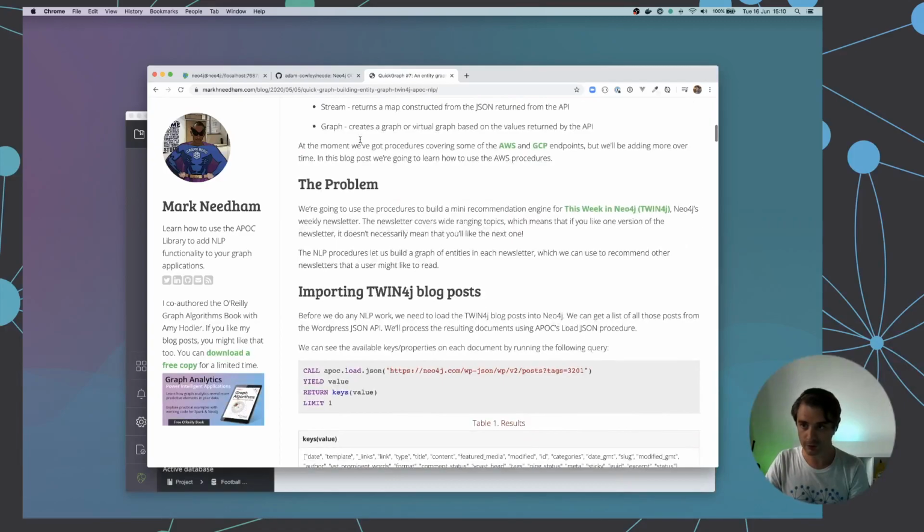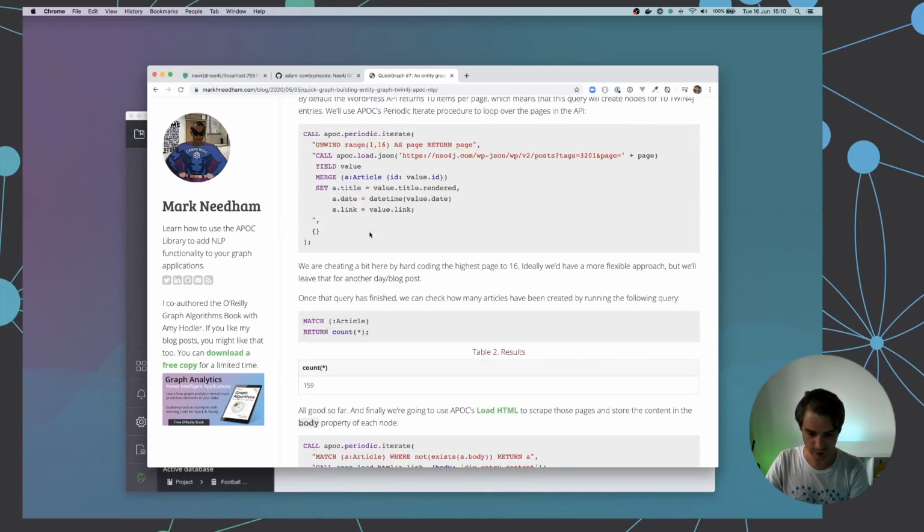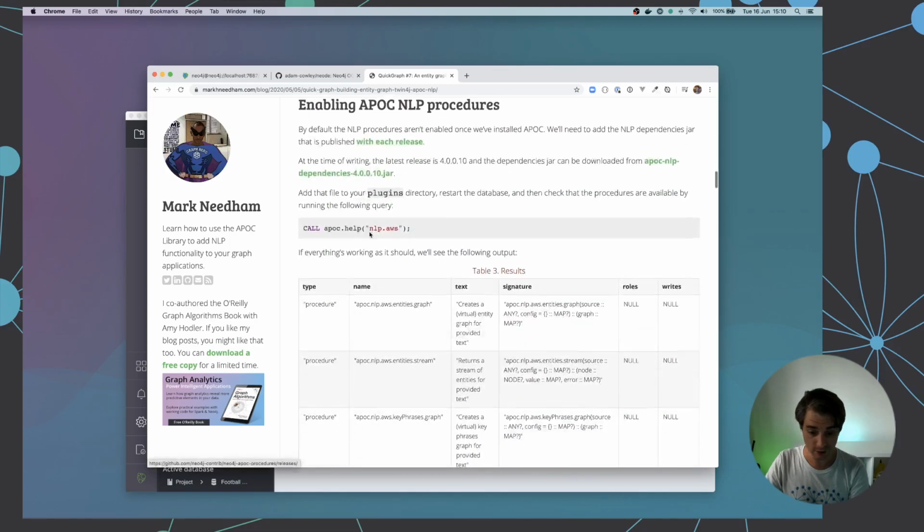Just looking through, I realised that he was actually using apoc.load.html, and honestly,